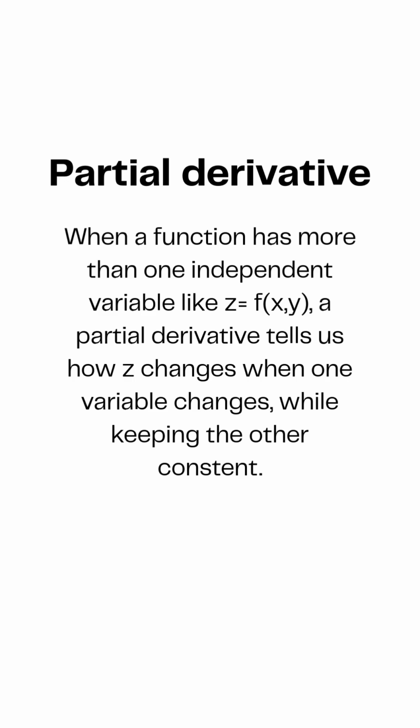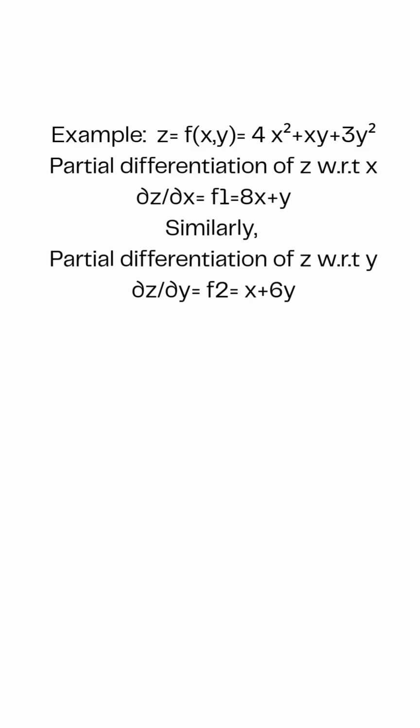For example, consider the function z equals f(x, y) equals 4x squared plus xy plus 3y squared. Now, if we partially differentiate z with respect to x, then we need to keep y